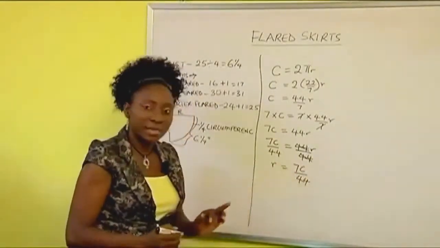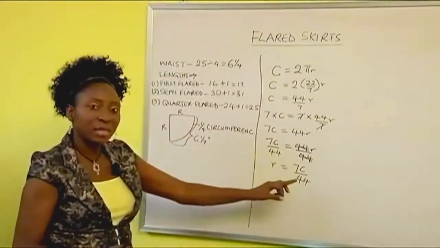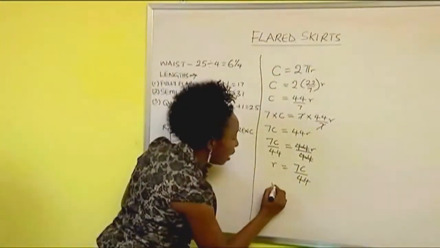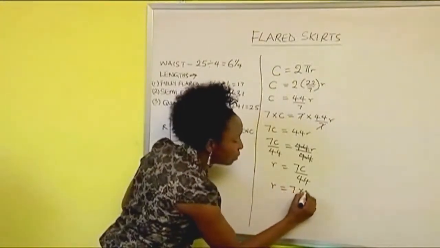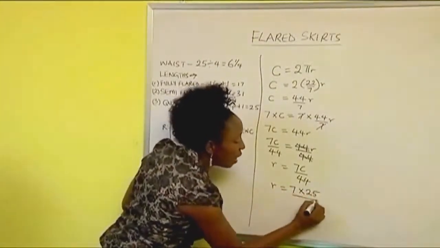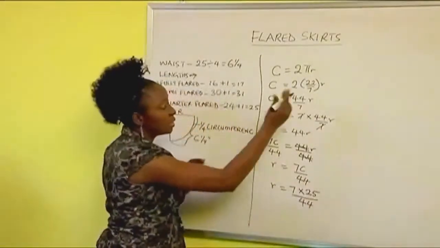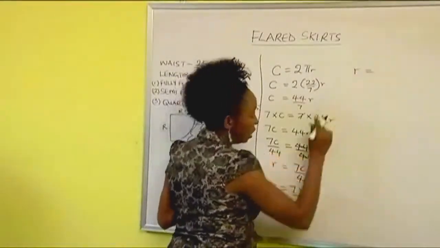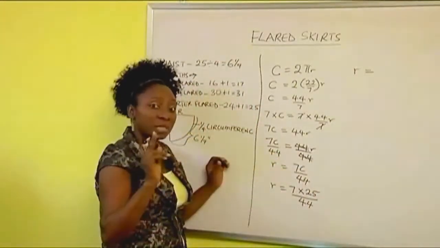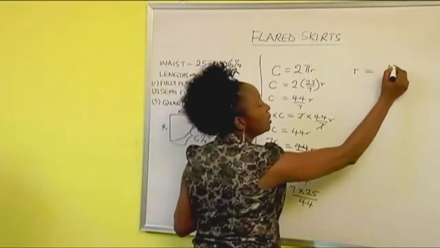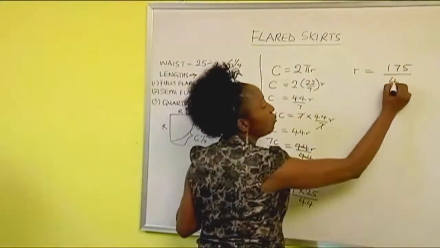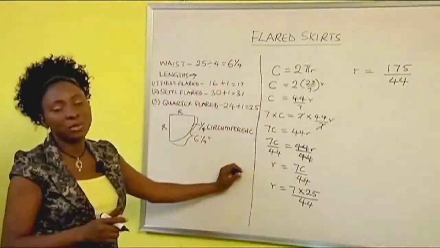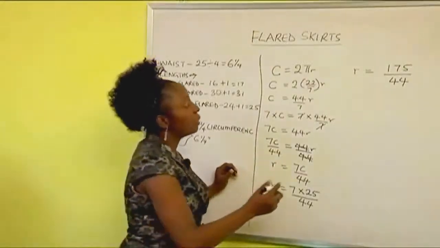Now, once we've done this, we already know that, yes, this is r. So now I know my C. So all I have to do is substitute C with my measurement, which is 25 inches. So that will give me r equals 7 times 25 divided by 44. Let's go back up here. That will be r equals, if we calculate 7 times 25, you get 175. You get 175 divided by 44. Now just take a minute and try and calculate that with your calculator or with your phone. And that will give us,